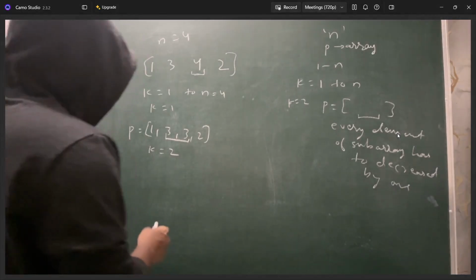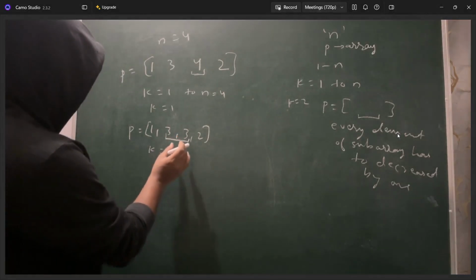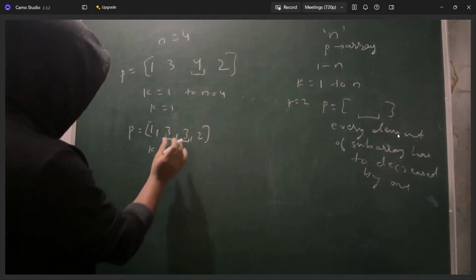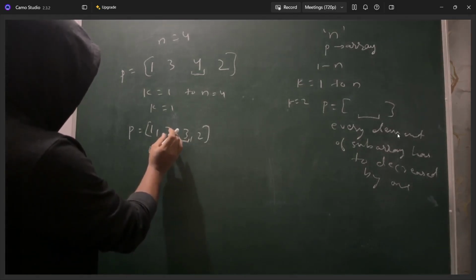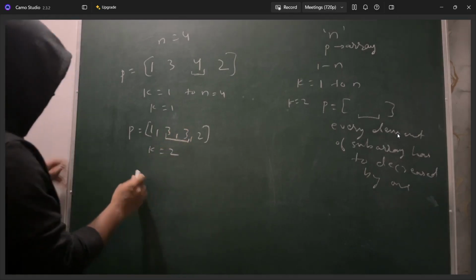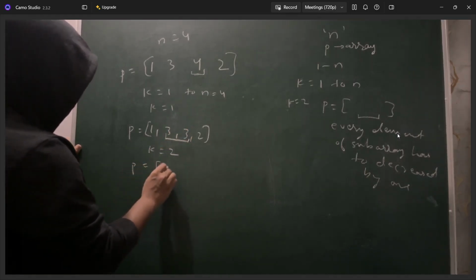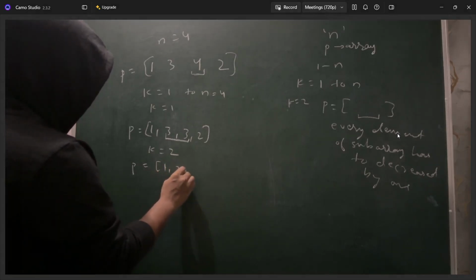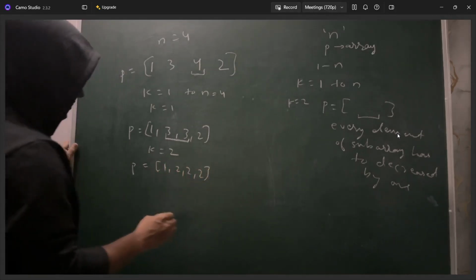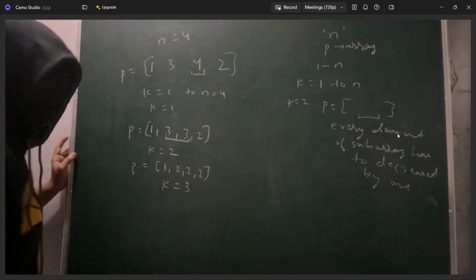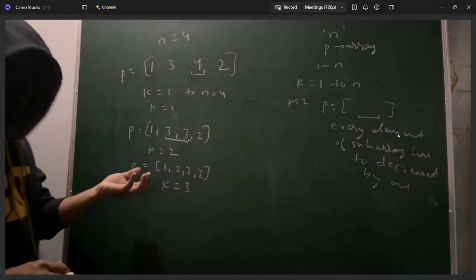So now you are choosing a 2 length subarray. Every element of the subarray has to be decreased by 1. So if you decrease, that is going to be 2 and 2. Now your permutation array will look something this way. Now for k is equal to 3, you will have to perform the operation, which means you will have to choose a 3 length subarray